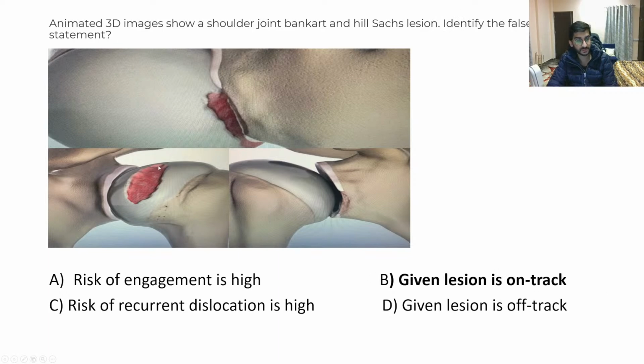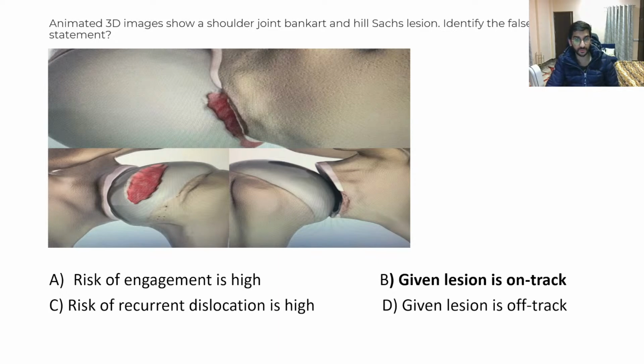On track is when the length of this Hill-Sachs defect is less than the glenoid tract. Glenoid tract is actually 83% of the glenoid width. Glenoid width in this case is taken in CT on coronal images. You take the best fit circle method as the technique. You go and read about on-track and off-track lesions in case of recurrent shoulder dislocation,